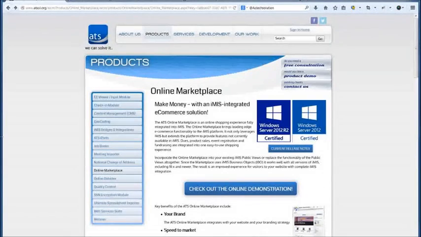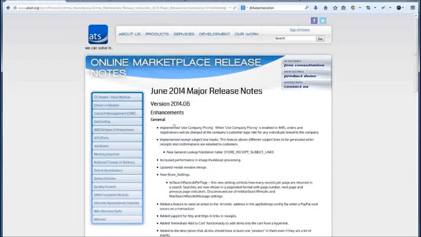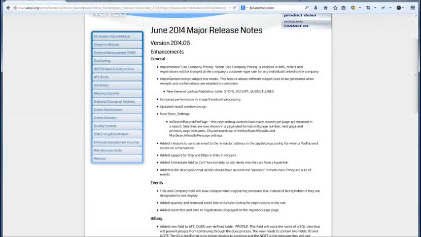As always, on our website there is a place for the current release notes. I'm going to go ahead and click on that right now, let everybody see that. In here, you'll see the June 2014 major release. This page will identify all the major things that are available in this new release, and we're going to go over a few of those today. Some of the things I'll briefly highlight, and then we'll go in and do some demos of some of these,